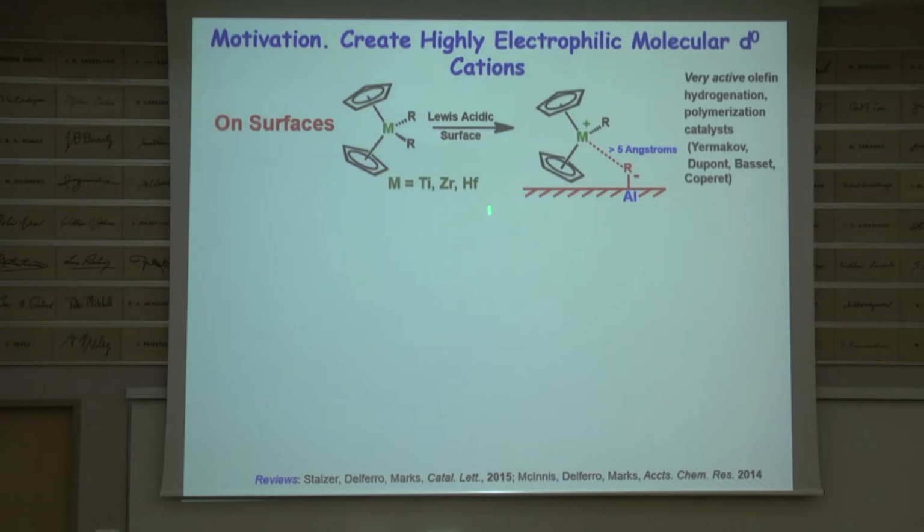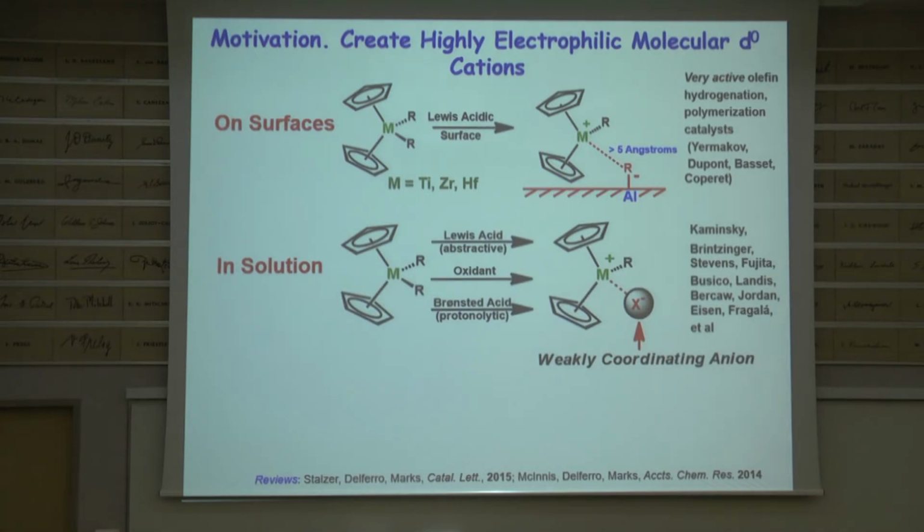I'm going to make a solution phase model for this structure that we can do X-ray diffraction on, we can characterize in all the elegant ways that organometallic chemists do that sort of thing. And as we decided how to do that, what happened was, at about the same time, Walter Kaminsky at the University of Hamburg took some trimethyl aluminum, which had been partially hydrolyzed and oxidized, a real mess of stuff. He threw it together with one of these metallocenes, and the catalytic chemistry went through the roof again.